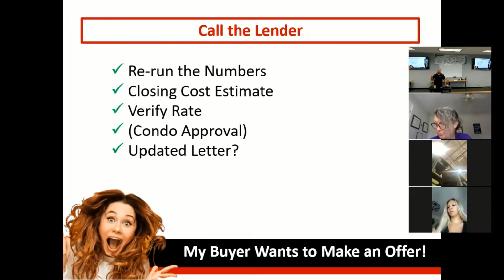So I want to give them the exact property and let them rerun their numbers. And at the same time that they're doing that and making sure they're still pre-qualified, I'm gonna ask them, what do they estimate that the closing costs are gonna be? Okay, and again, that's gonna be an estimate because we don't know yet exactly what day we're gonna close and whether we're closing at the end of the month or the beginning of the month,